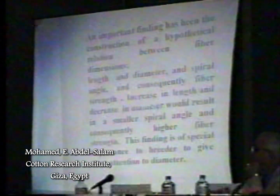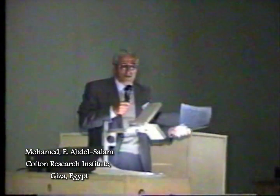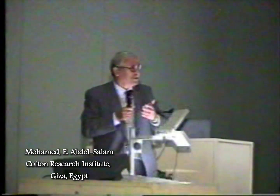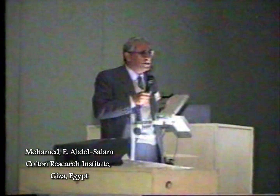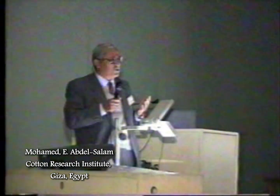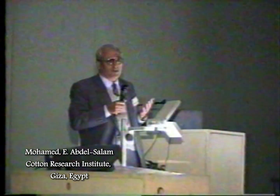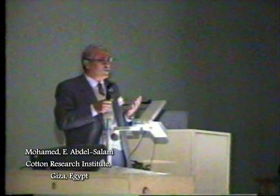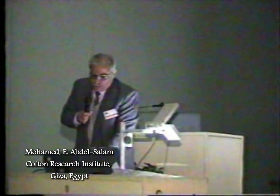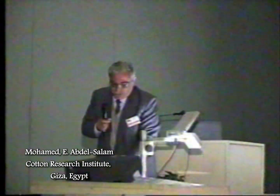In fact, until very recently, everybody thought that the three important characteristics of cotton are length, fineness, and strength, because there was no available method to measure intrinsic fineness. Fineness is usually measured as what we call micronaire or weight per unit length, which is very misleading. When we came to the conclusion about this hypothetical structure, we understood very clearly that